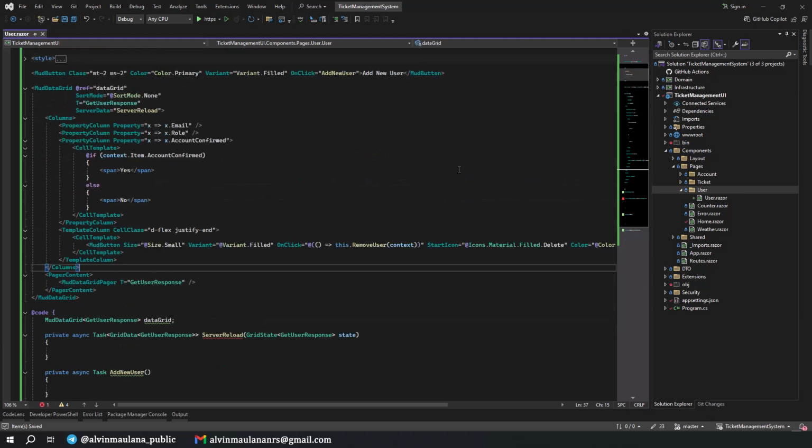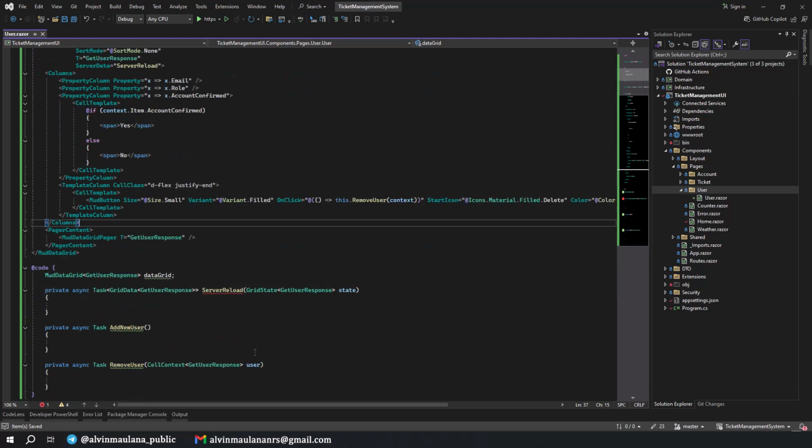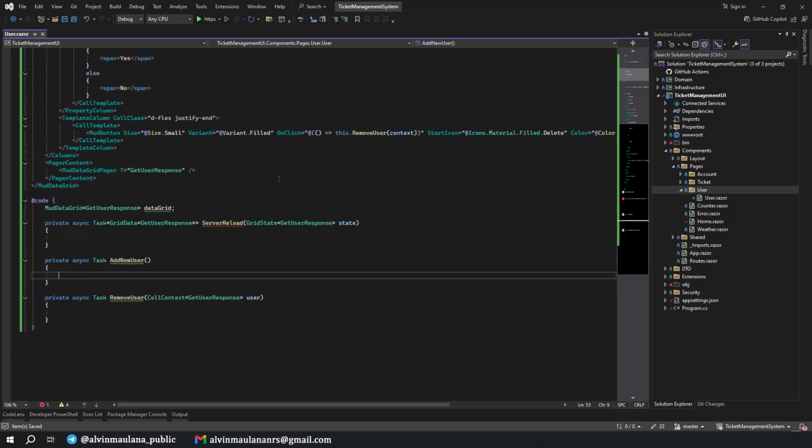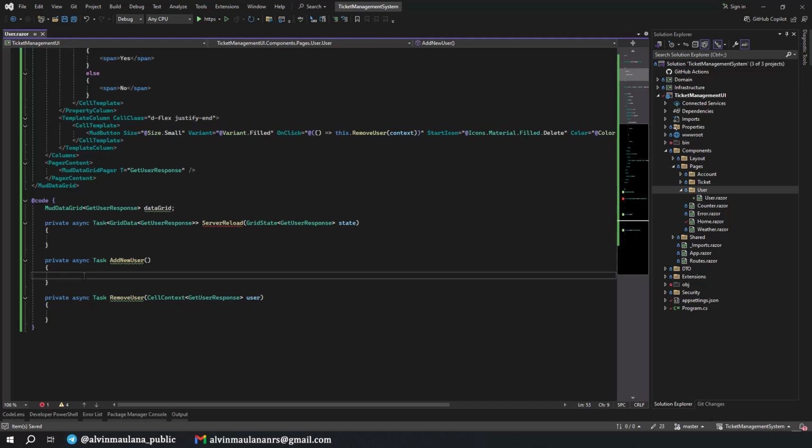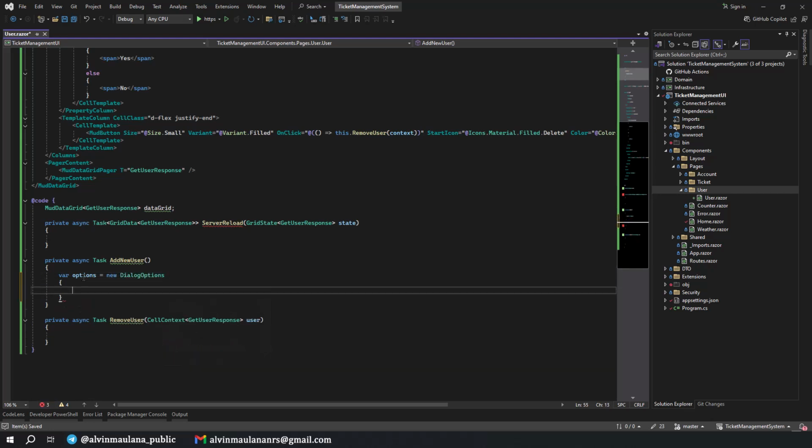Now yeah, the error is gone. We need to implement all these functions here. For adding new user, we will use a dialog, not using this interface, but a pop-up modal having input for the email and role. So in here we just show the pop-up for options, new dialog options, and we set the backdrop to false.